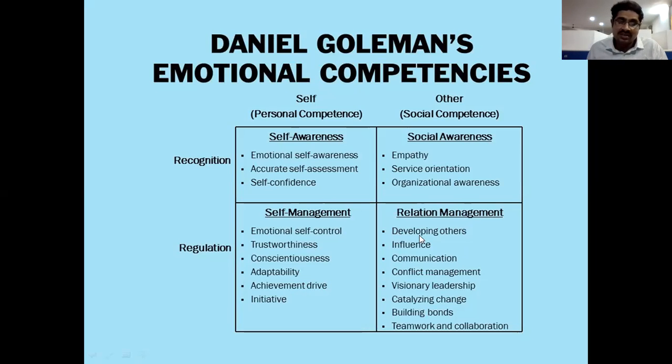So, how to build the relations? These are the few points. Based upon all these things, we can develop and increase our relationship with all other persons. This is all about Daniel Goleman's model, emotional competencies, right? So emotional competencies is one of the major things used for controlling our emotions. It is a thing to control emotional intelligence, to control our emotional balance. So emotional competencies, right?